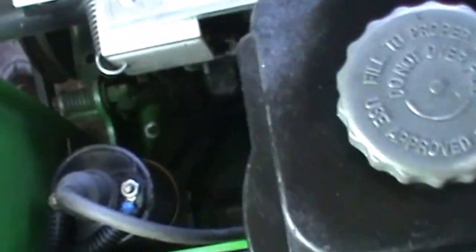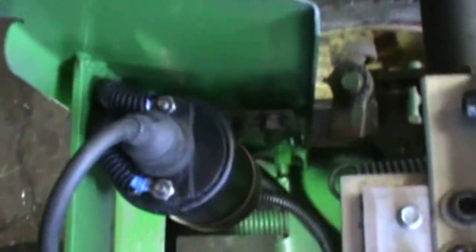And when I did that, the air cleaner started running into the coil, so I moved the coil over to the side just to get it out of the way. So that's where we're at with that, more or less. So then my new exhaust is going to be a stack,